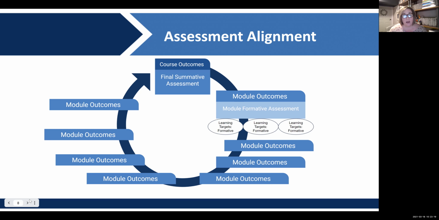It's important to align our formative assessments to our summative assessments if we're going to gain traction with learners and grade equitably, though. So let's take a peek. Once we know what our course outcomes are and what our final summative assessment might challenge learners to do, we can begin to align our module outcomes accordingly. Each module might include a formative assessment that invites learners to demonstrate what they've learned target by target and small